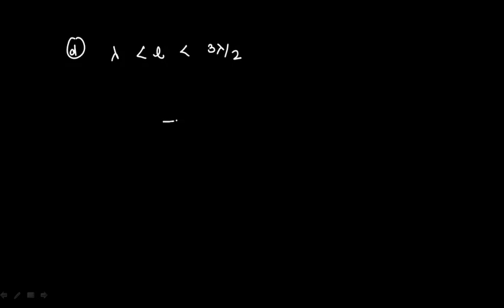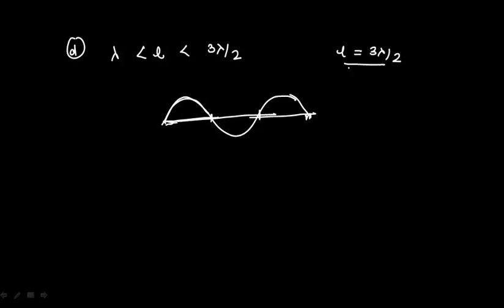If you are considering this case, if you are drawing this kind of thing, ये आपका like this. So this is 3 lambda by 2, I can say. ठीक है, यहाँ तक आपका lambda by 2, lambda, and this is 3 lambda by 2. So एक पूरा साइकिल, if I am taking my length exactly equal to 3 lambda by 2, अगर ये वाला कंडीशन में लेती हूँ, it should be less than or equal to, I can say, और थोड़ा कम है तो यहाँ पे ये वाला डिस्ट्रीब्यूशन होगा. So if I am talking about a current distribution on such a dipole, my dipole current distribution will have this kind of structure.